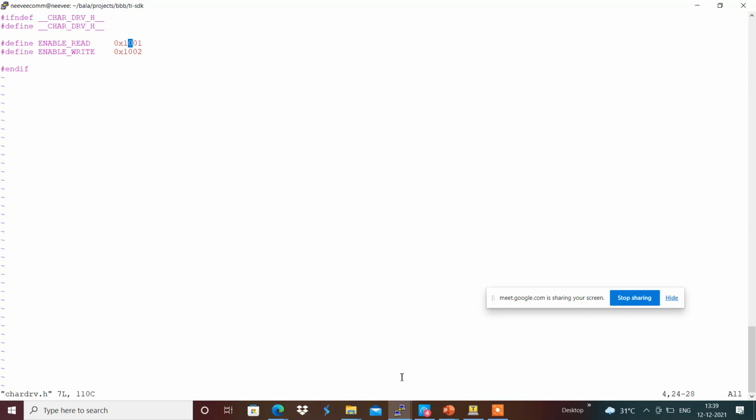For that we will be having different APIs available over here. For example, _IO is the one for the ioctl definitions. I'm going to use this.